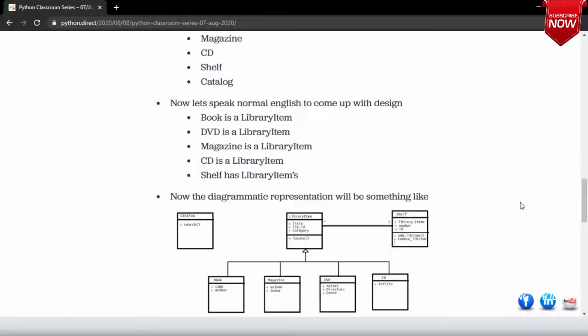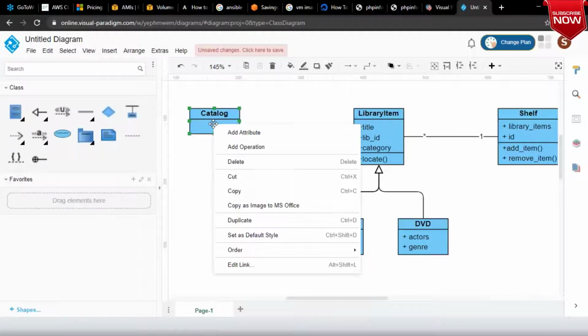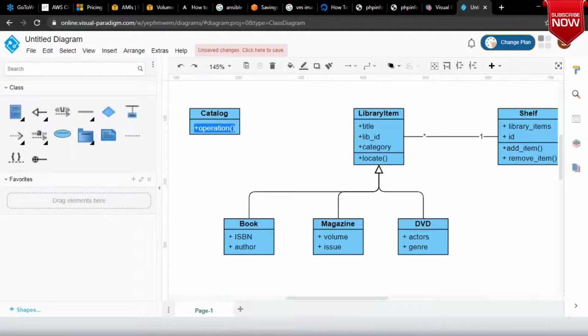Right? And then at the last, we have said that there will be something called as catalog. So let me add a class diagram which is called as catalog. Okay. And catalog will basically have only one operation, which is search. So generally operations you should be starting with capital letter, but that should be fine. Okay. From here to here, I have some sort of relationship.